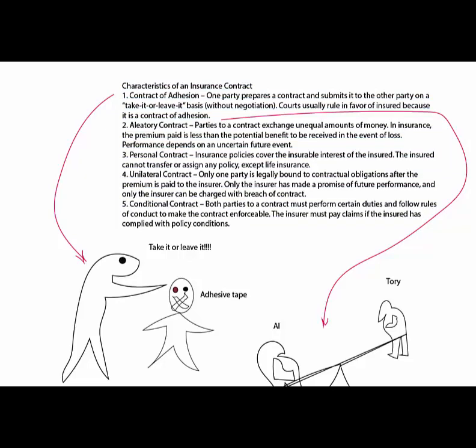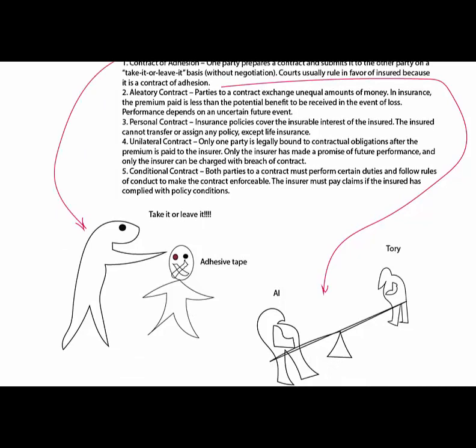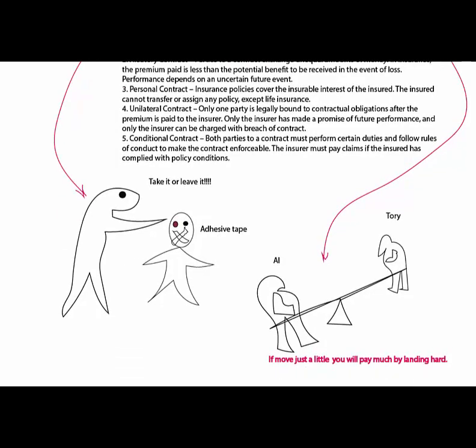And then you have the conditional. It is conditional because it's conditioned on one thing happening followed by the other. Both parties to a contract must perform certain duties and follow rules of conduct to make the contract enforceable. The insurer may pay claims if the insured has complied with the policy conditions. So there you have